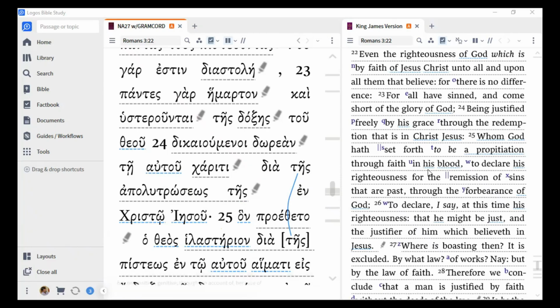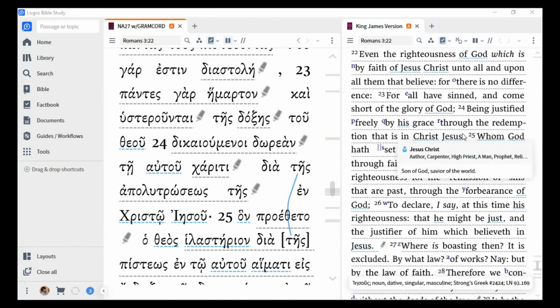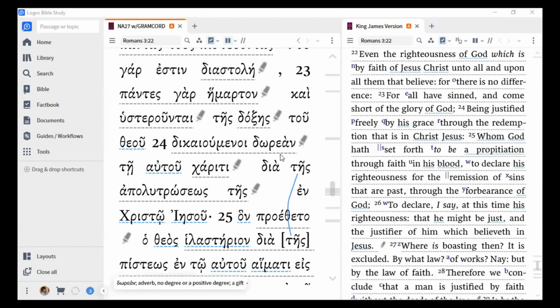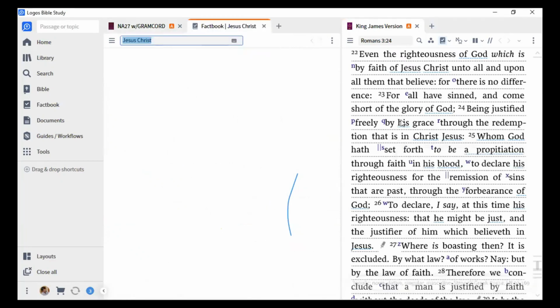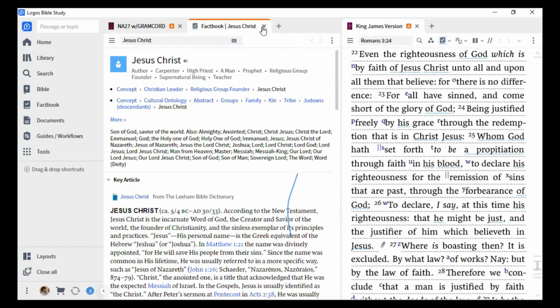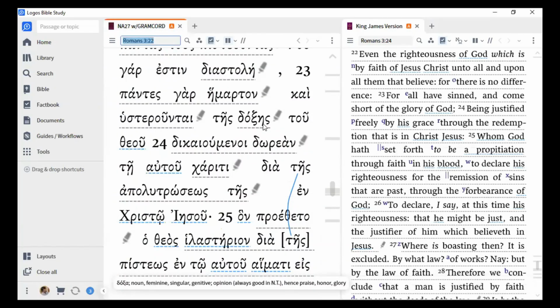Now, the translation is "being justified." This is dikaioumenoi. It is again a participle, a passive participle. Being justified freely, dorean. Dorean means freely, free of cost. God didn't ask anything to give him back. It is all free. God put all these things free of cost, because